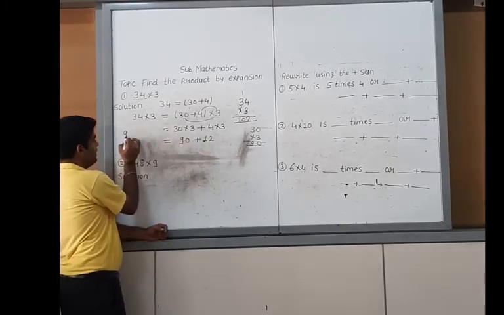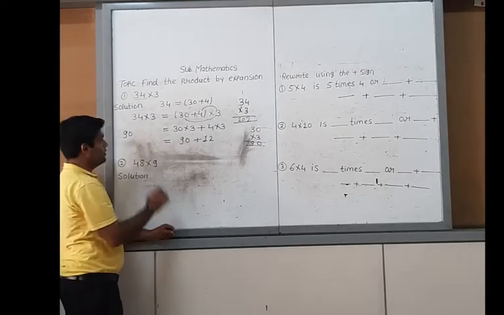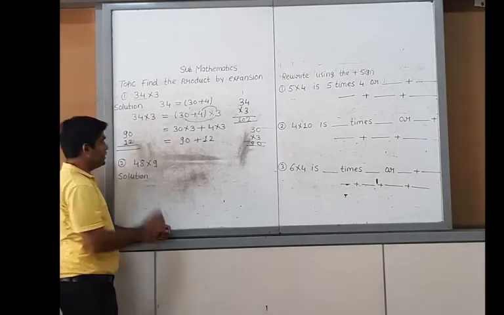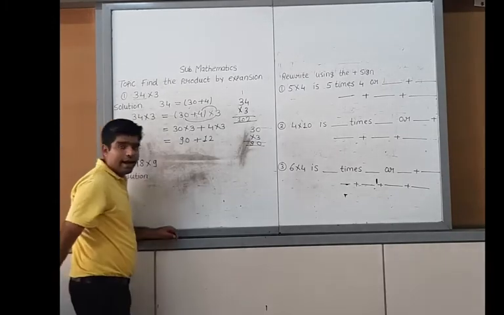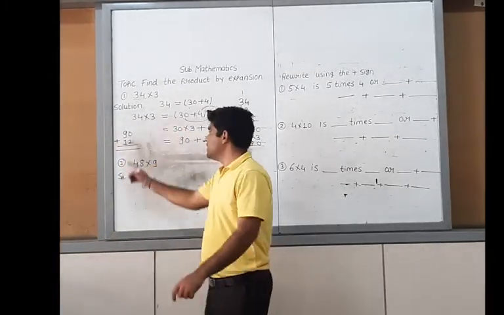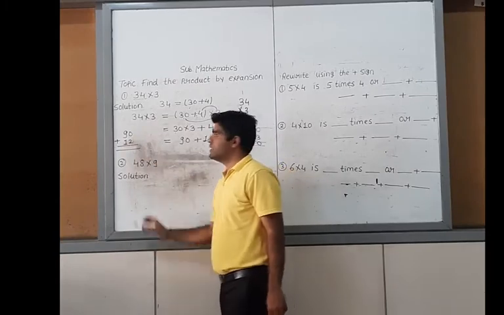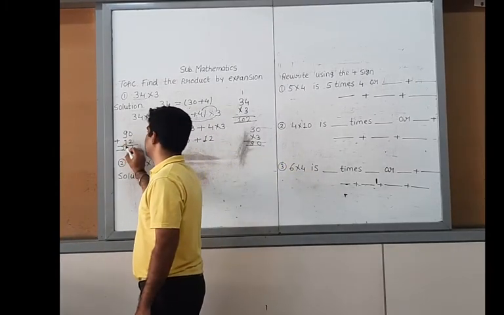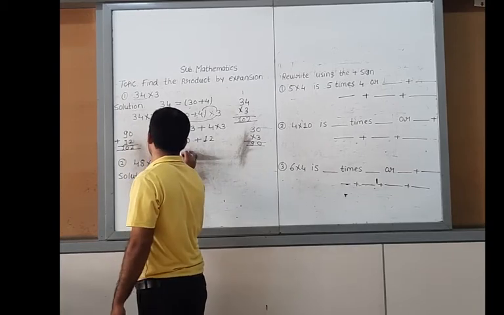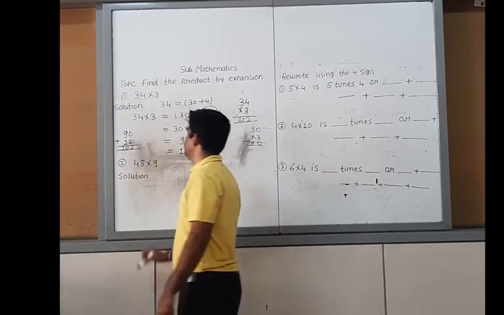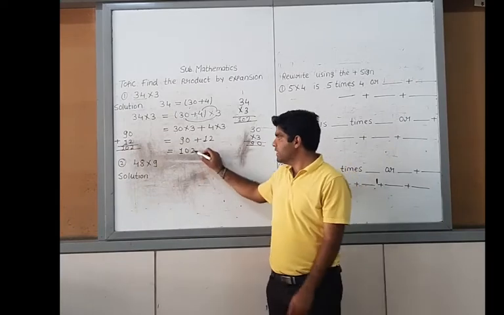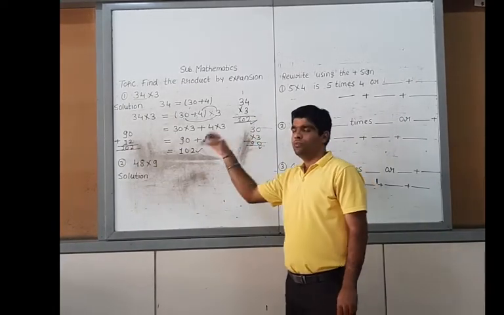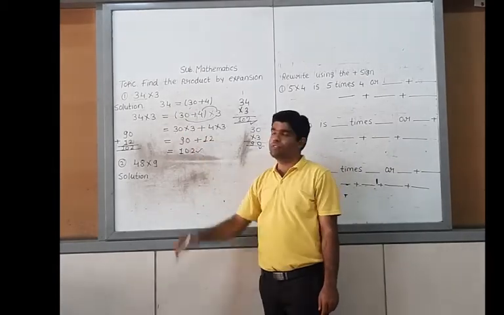There will be 90 added with 12. So simple addition. You have to use the simple addition. Okay, it means here will be 0 plus 2 is 2, and 9 plus 1 is what? 10. It means that your correct answer is what? 102. Okay, this is our answer, 102. This is also answer 102. Both are correct. But your question is what?